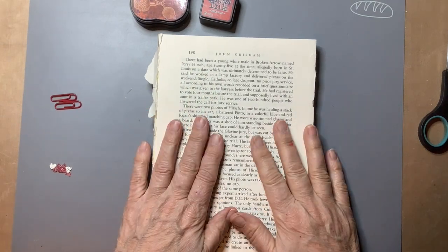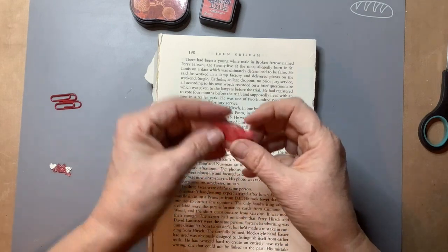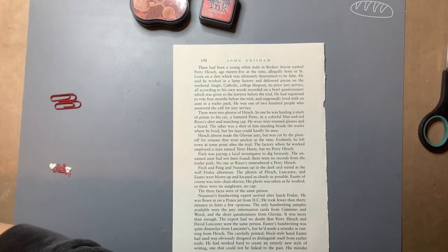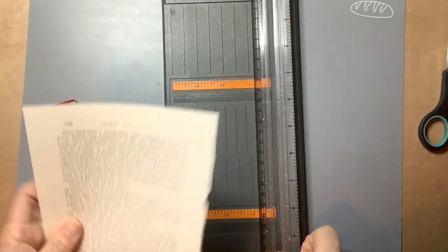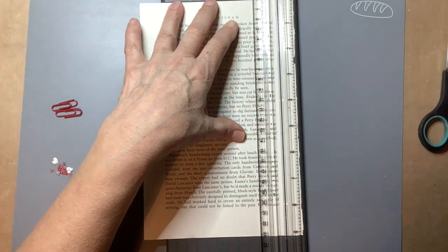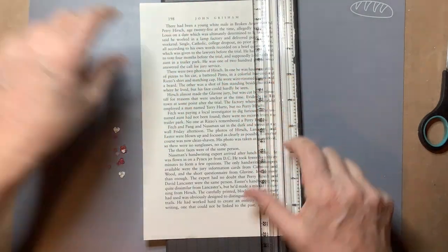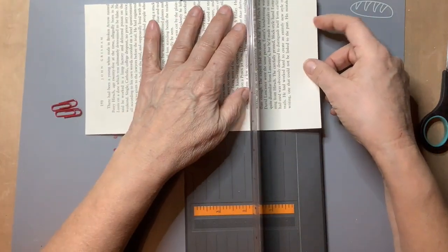What you need is a book page or some other pages or papers. It could be pattern papers, but I like to use book papers. So I get this book paper. I will cut the blank pieces off. And what you need more is some rhinestones or little hearts you cut out. I cut out little hearts, but I'll show you later. Glue, of course, scissors,